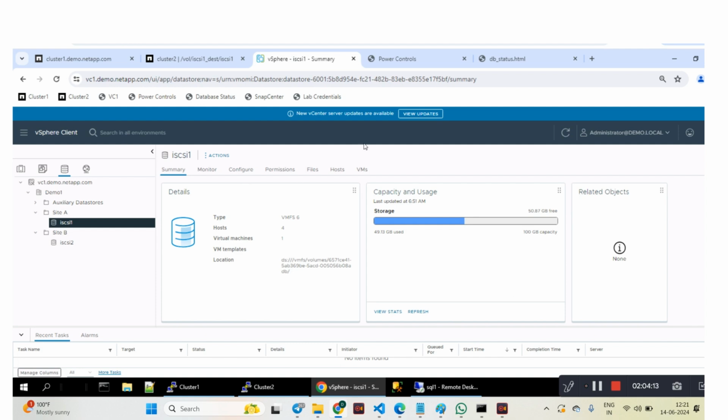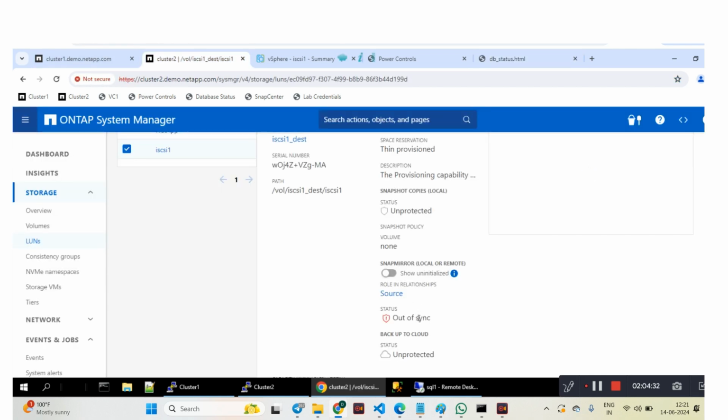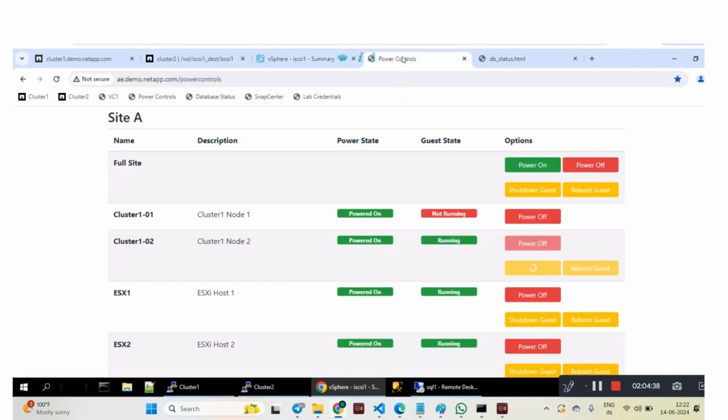You can also see the DB status is good, so it's working, but out of sync. Out of sync means we do not know the data consistency. We are not sure about the data consistency yet. It should show in sync. It's a simulator, not a real-time situation, so it will always have some issues. So it's taking a lot of time. So I'll just